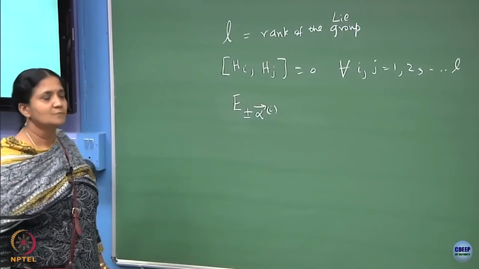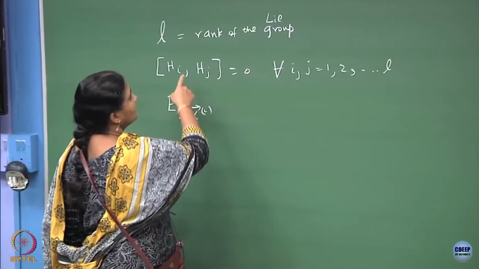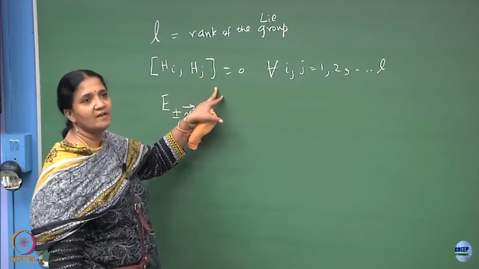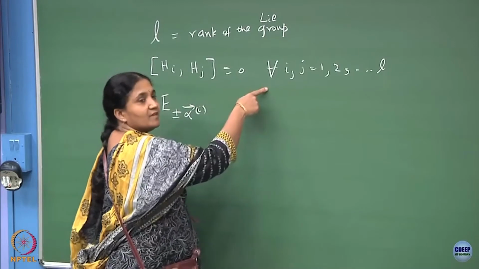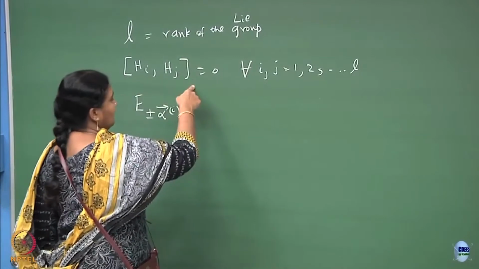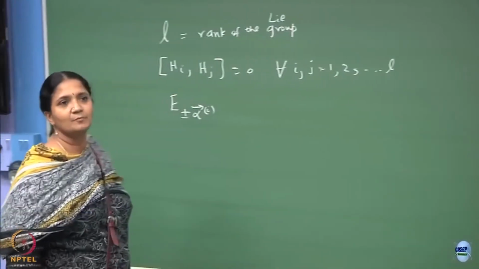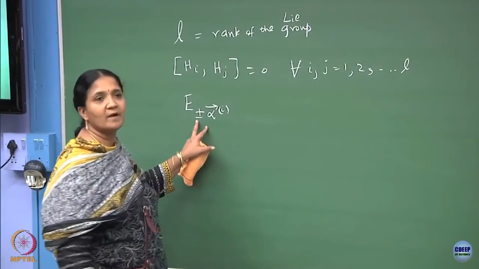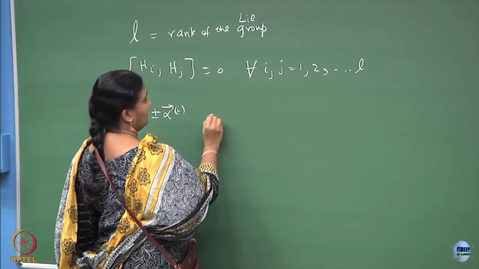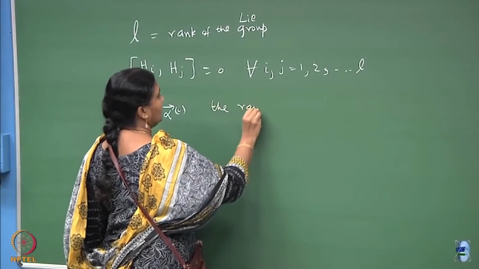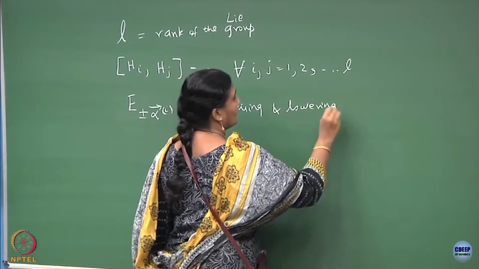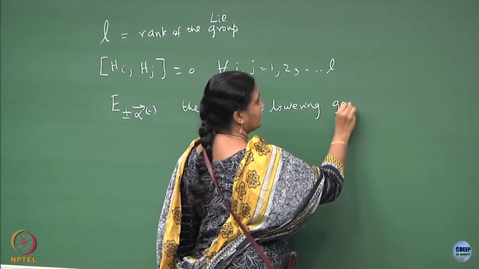okay. So, if the algebra had n as the number of generators, then the remaining ones should be even. So, if L of them are diagonal, then the remaining n minus L should be even, and you can pair them up as plus and minus, right, which are the raising and lowering generators,